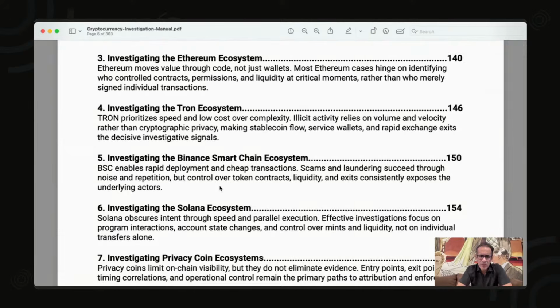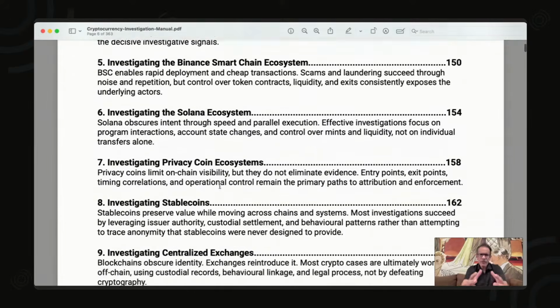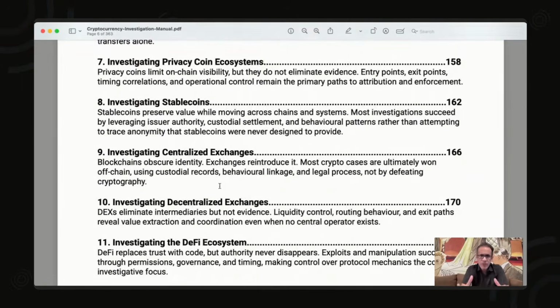Then there's also Solana, which comes into the picture. So we look at how to investigate the Solana ecosystem. After having seen these specific blockchains, we move into privacy coins. You may have heard about Monero and Zcash and others being used by a lot of very savvy criminals. So we'll understand how privacy coins work. And in each of these, you're going to have practical checklists that you can actually use while doing